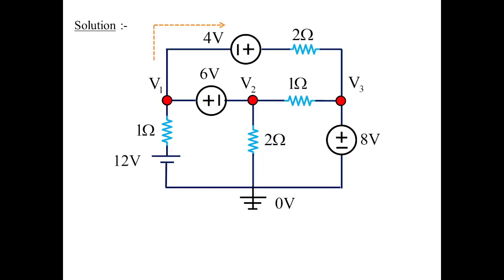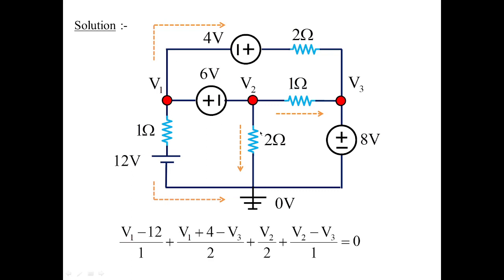Now we have to collect the rest of the parameters which are attached to node 1 as well as node 2. So for V1, this is one branch which is attached, and this is another branch which is attached. Already we have taken V1 minus V2 is equal to 6 volts. That's why we are not touching this particular branch over here. And immediately we can shift to the second node branch, which has one parameter in the downward direction, the 2 ohms, and another parameter, the 1 ohm. So in one equation we are going to have 4 parameters.